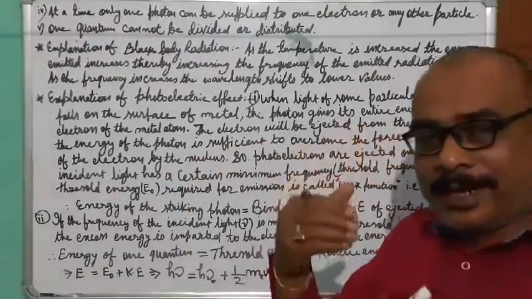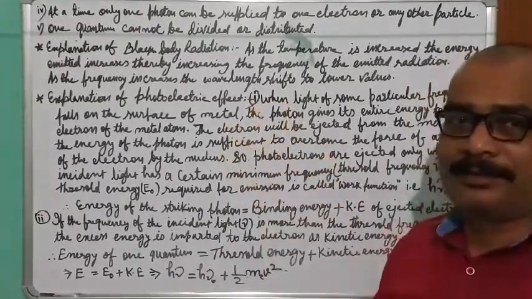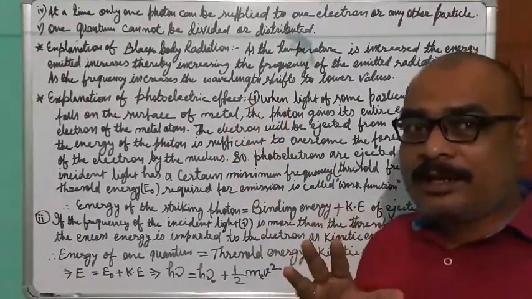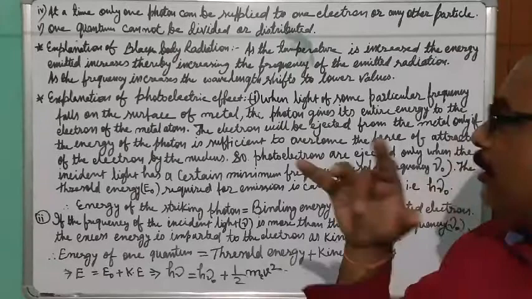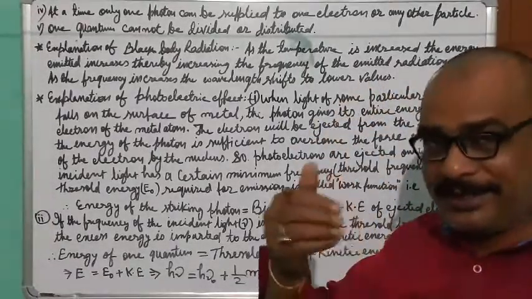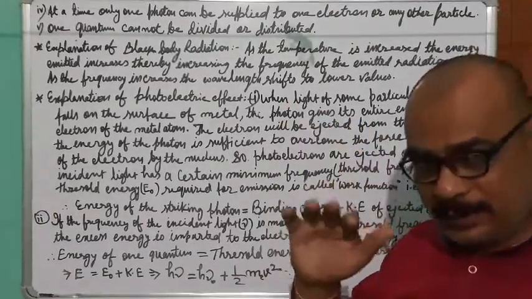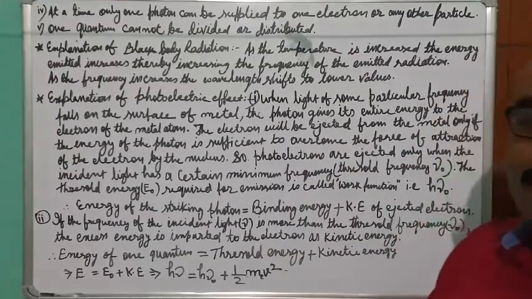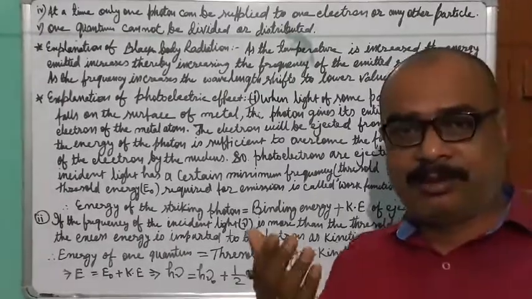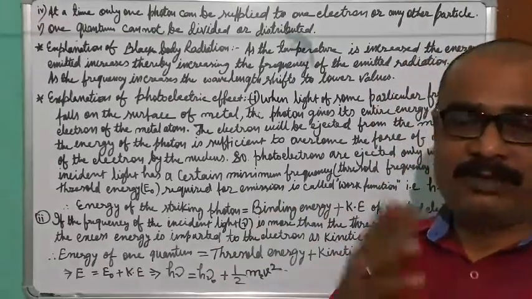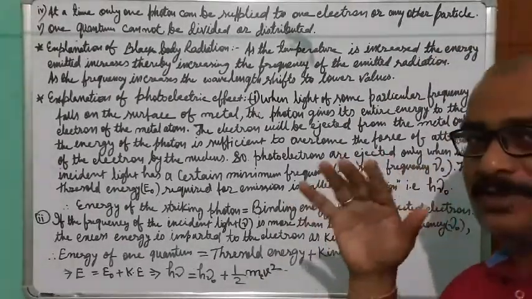Another thing, as the release of energy is increasing, it will increase the frequency of radiation also, the emission radiation also. And when there is an increase in the frequency of radiation, there will be a decrease in the wavelength of the radiation. So that is why when you heat the black body, it changes color. We have discussed all those colors when we were discussing the black body radiation. How does this color change?